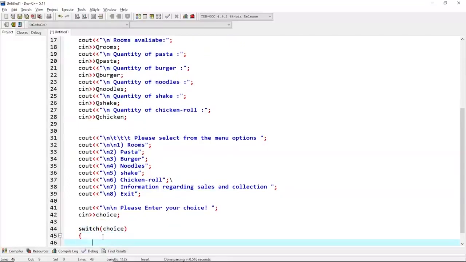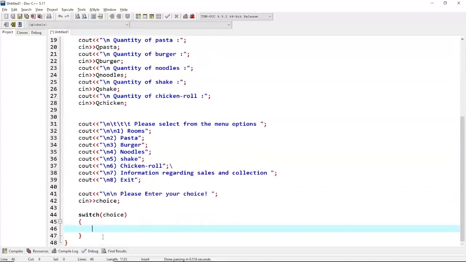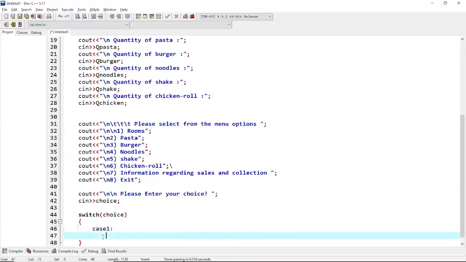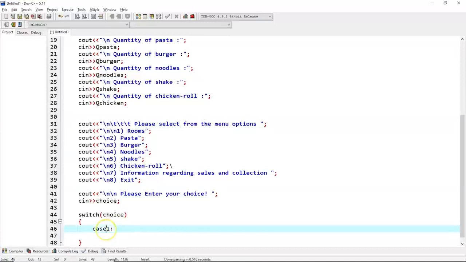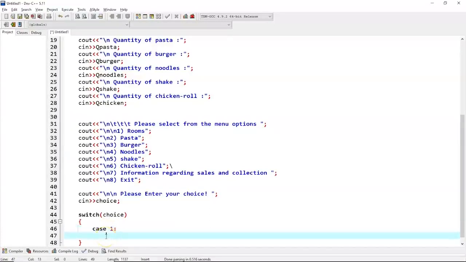Now the choice can be 1, 2, 3, 4, 5, 6, 7, 8. Alright, so now we have to create 8 cases for that. So case 1 would be, we'll start with it, there's a space between case and 1. Alright, so case 1 would be,